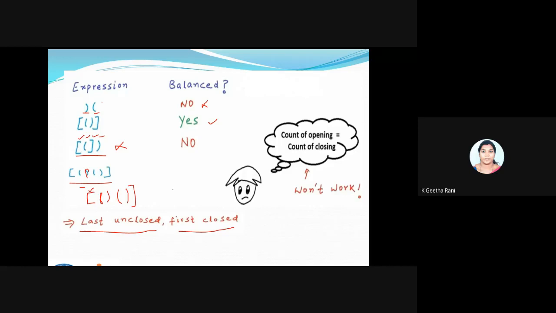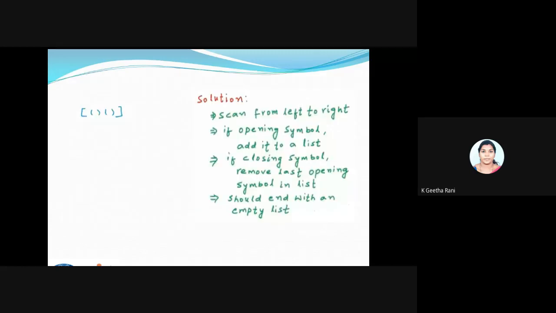So counting of opening equal to counting of closing will not work in all expressions, so I'll go for this particular way. What I left unclosed last will be closed first. You'll see some examples for this so that it will make you more clear.